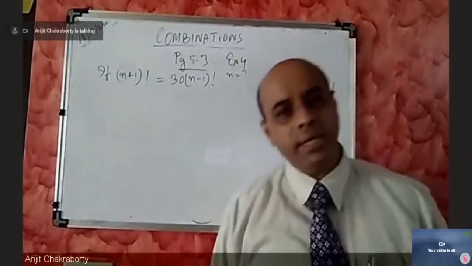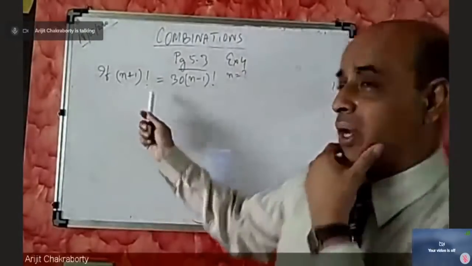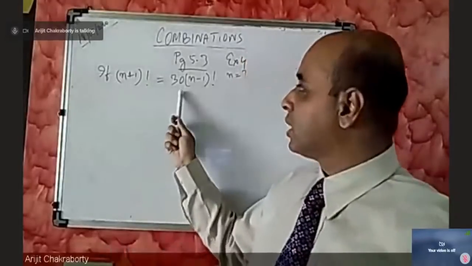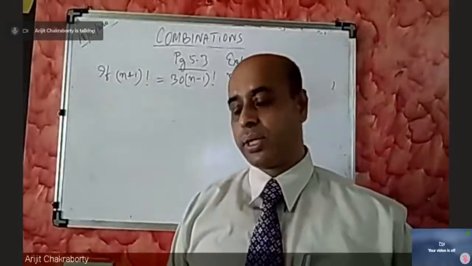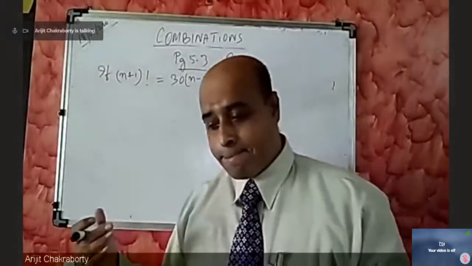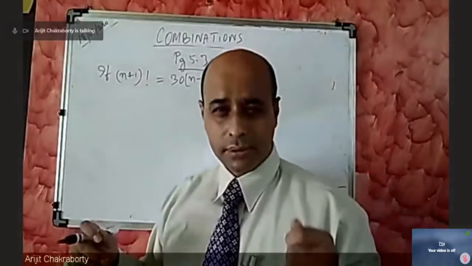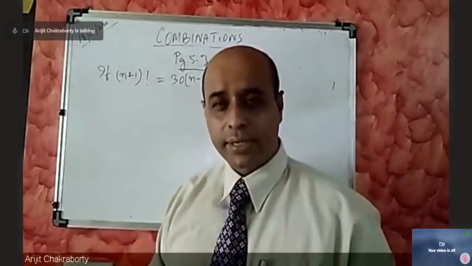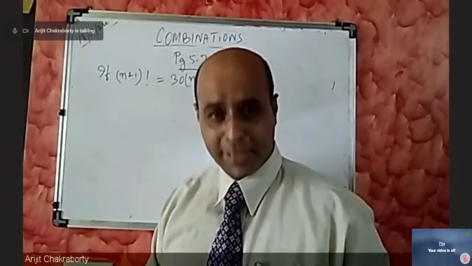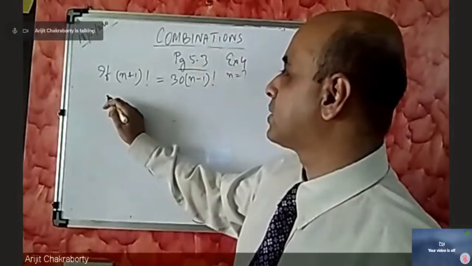Please note the question once again so that you can do along with me and practice. N plus 1 factorial is equal to 30 into n minus 1 factorial, then find n. Well, let us see what we can do. Looks a bit tricky and complicated, isn't it? Okay, so let's see. So n plus 1 factorial I can write as